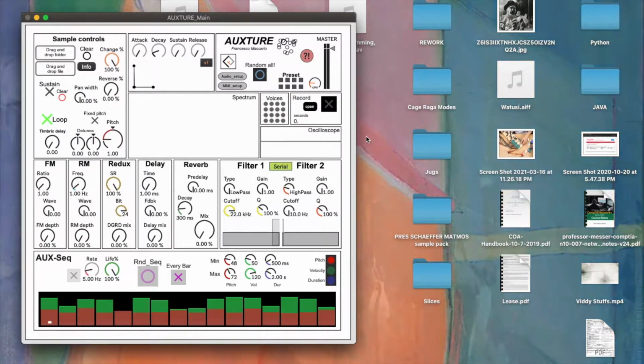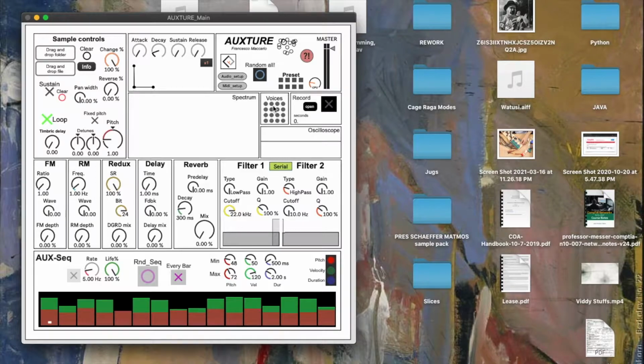Hello, friends. You've just been listening to the sound of my voice times 16 at upwards of 30 cycles a second. Naturally, you're confused. So allow me to explain. I've just returned from the breadlines with some gourmet MREs and now have some time to run through a quick demo of this Auxture